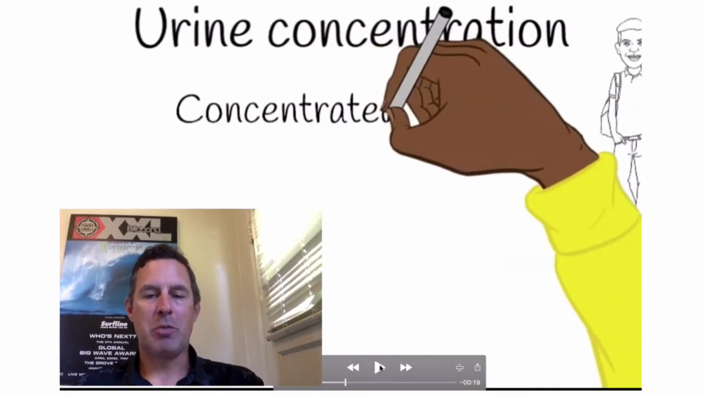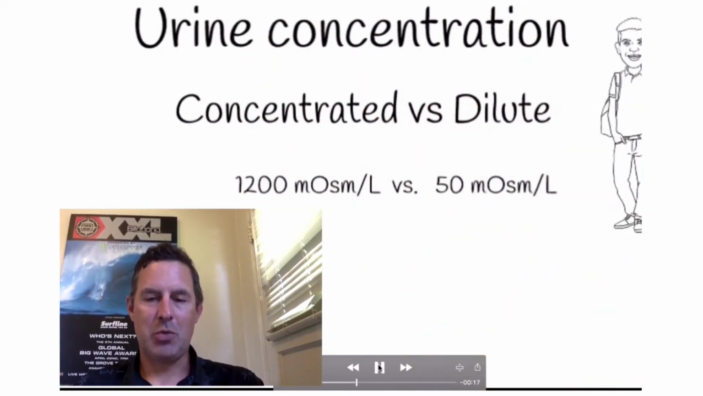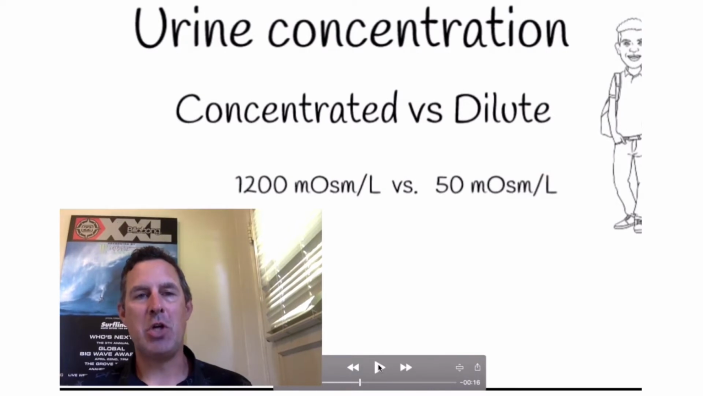The countercurrent multiplier system is related to the concentration of urine that we produce. We can produce concentrated urine or we can produce dilute urine, and anything within that spectrum. Concentrated urine is suggesting we are concentrating the urine with solutes and a lower volume of water, and that can